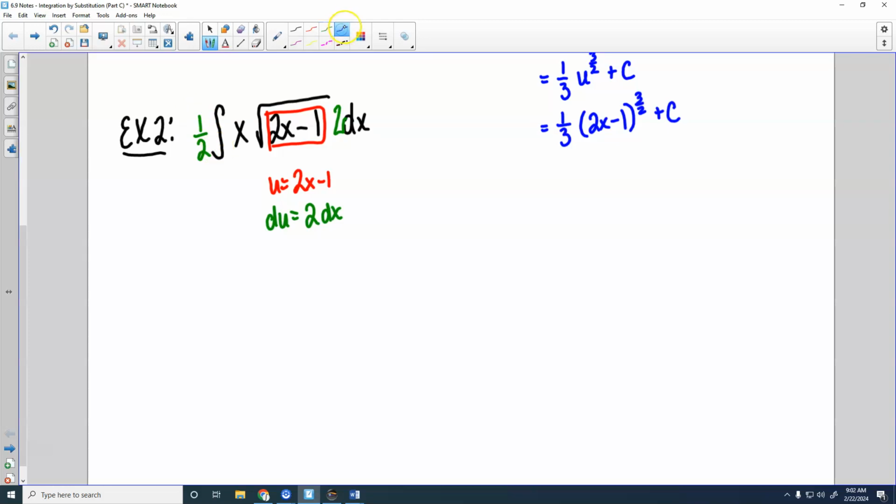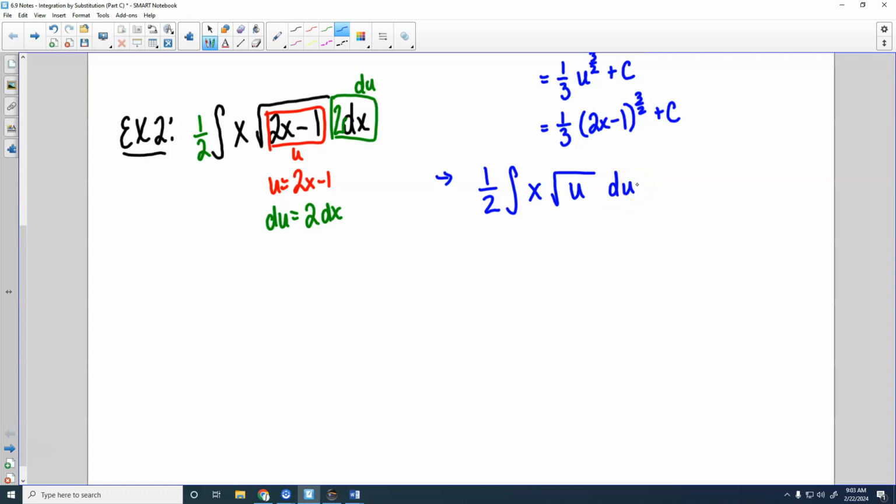But here's the problem. When I go to substitute, this part right here is u, and this part right here is du. I'll have 1/2 integral, and this x right here has not been replaced with anything, right? So I've got x times the square root of u